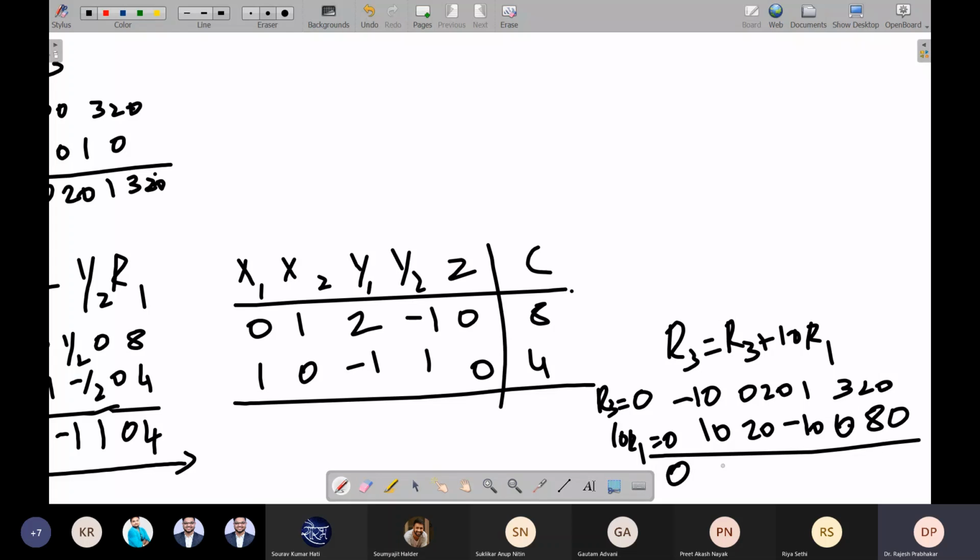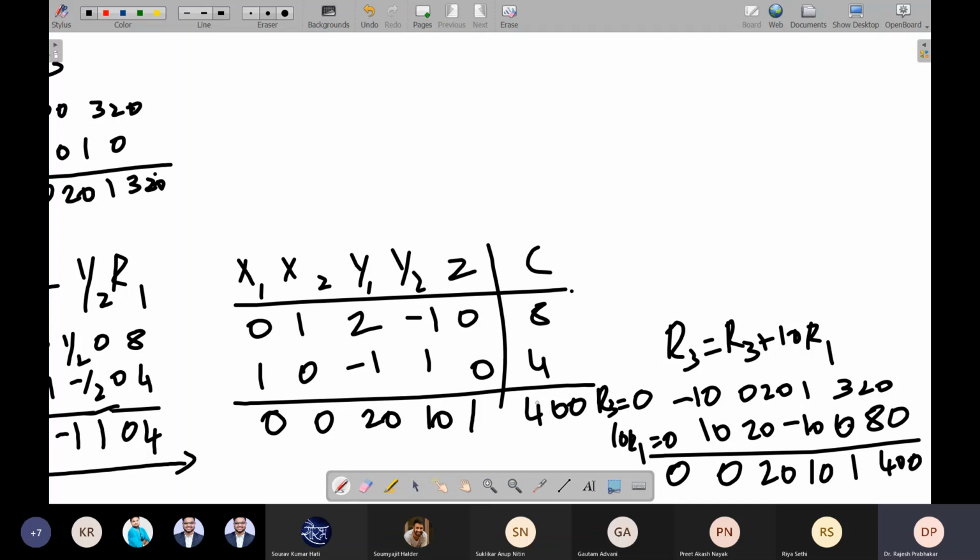So this will be plus 20, this will be 10, this will be 1, this will be 400. So the last row will be 0, 0, 20, 10, 1, and 400.